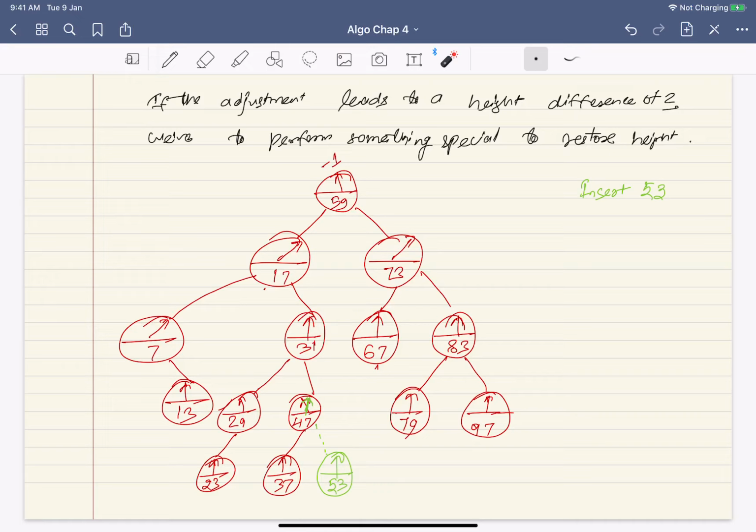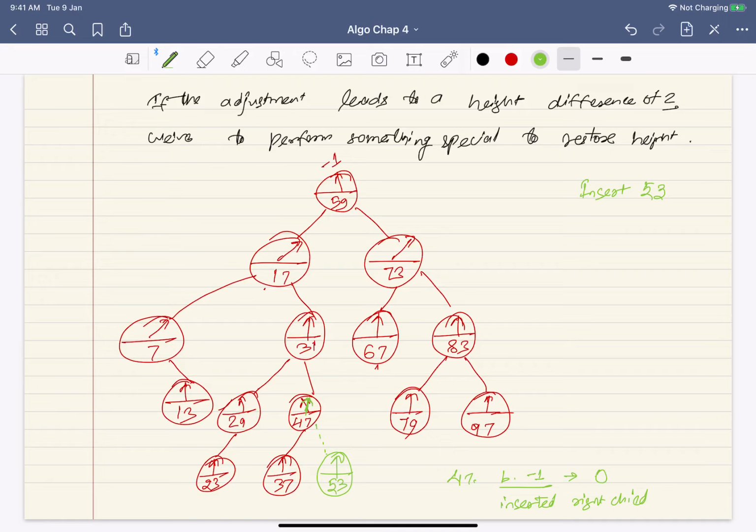Now you may have a question like, how do I know that I don't have to change the balance factor here? Here it was fine, it was inserted, so I knew that the right subtree... So actually this is also a bit involved, you see. So you have to check that for 47, what was the balance factor? It was -1. Okay, and now you inserted